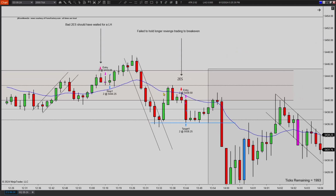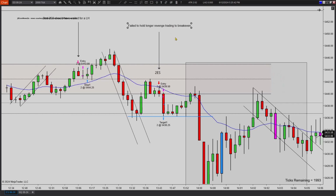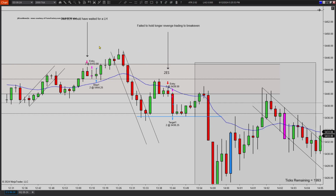Then I saw this, which was actually a really good trade, which was a move down, break, first entry, second entry short, and basically I just failed to hold it for 2 points or 10 ticks, and I just got out to try to break even from this trade. So this is where my mistake was, and hopefully whoever's listening, you guys realize, even if you had a loss here, and you have such a good setup, I mean, this is literally a perfect move down, first entry, second entry short. What got in the way was the mental loss, basically,